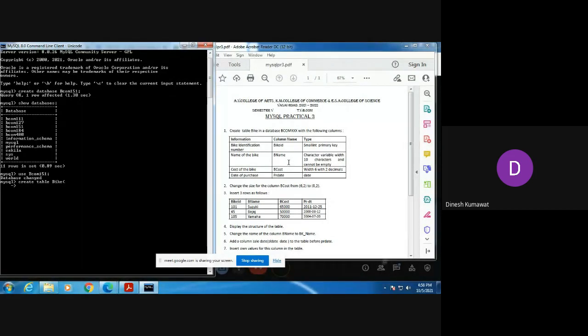Then you see on your screen, we move to the next line without completing the statement. Remember, for completing the statement we need to give a semicolon at the end. Until we give the semicolon, our statement will not be complete. Remember that. Okay, so what is the name of our first column?